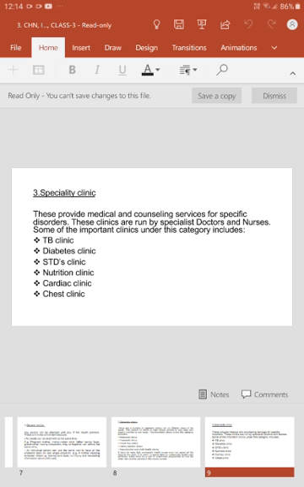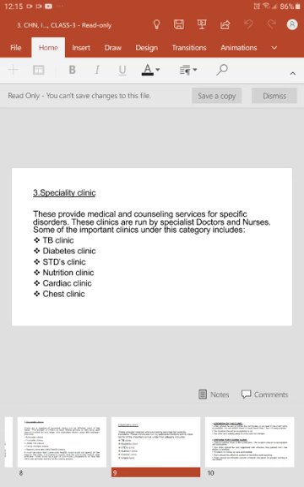The main thing is that the cardiac clinic is very useful for people who have cardiac problems. They can go there directly and get better services than in the general clinic, because in general clinics they see things superficially and give only the initial assessment. If they can't go for further treatment, they will be referred to these specialty clinics, where they know each and every section of that particular speciality, top to bottom. So that's about the types of clinics.